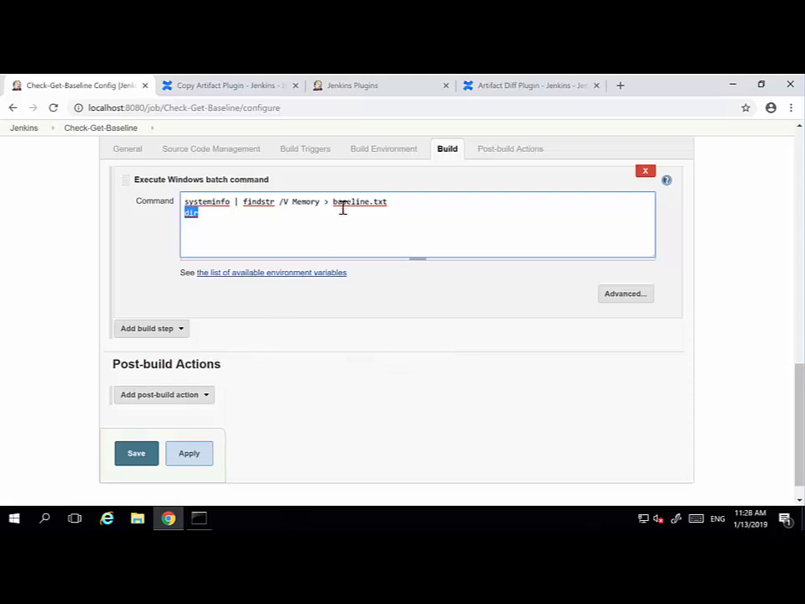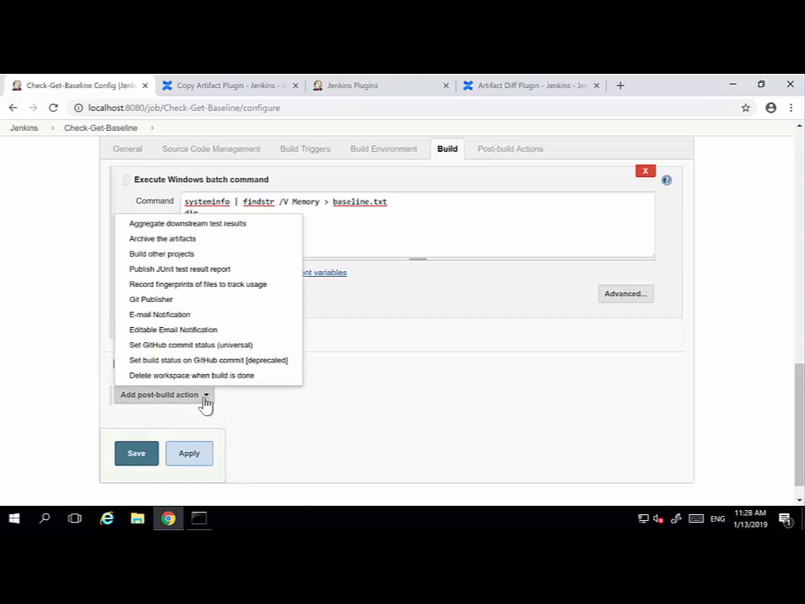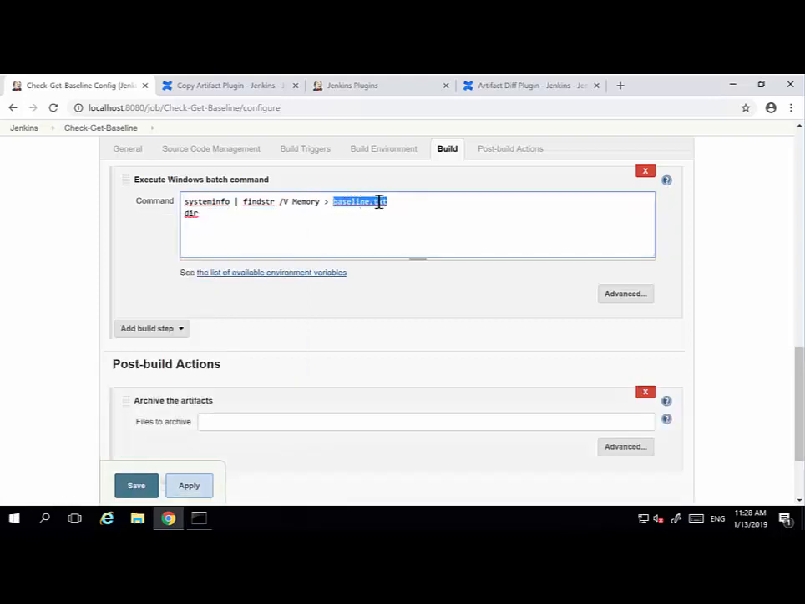And once we've created that file that contains our baseline system info, we want to store that as an artifact within this Jenkins job. So we can click on Post Build Actions, Archive the artifacts, and we want to archive that file. Paste that in